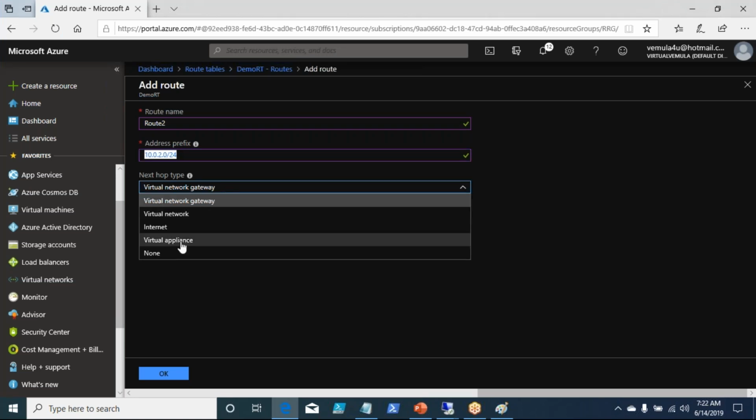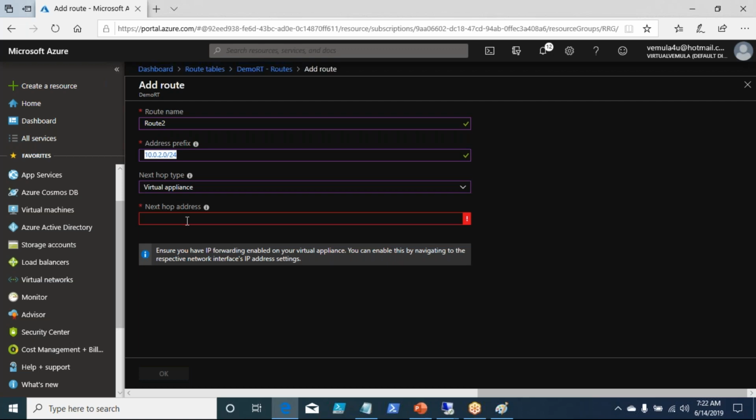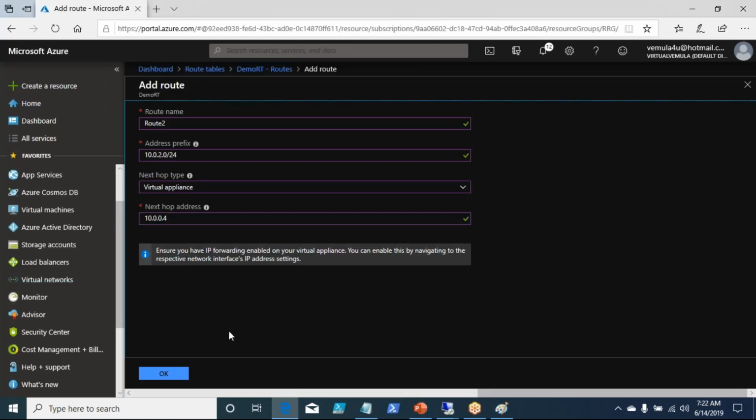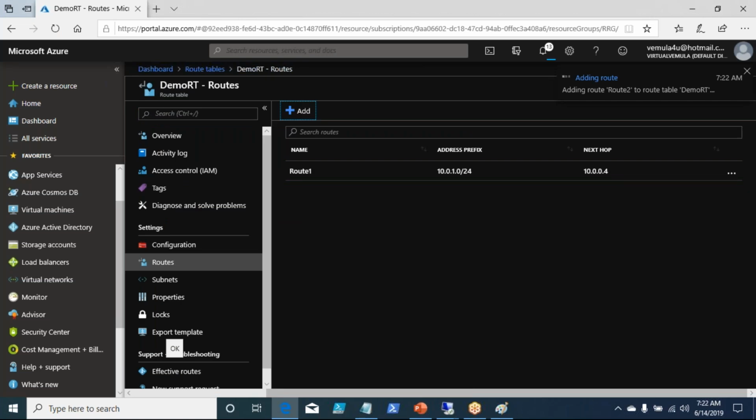Now again, this traffic should also go through some appliance, and that appliance IP address is 10.0.0.4, which is nothing but your firewall or router appliance. We call it a router because we are configuring it as a router. It can be any other device also. It can be a firewall, or a device capturing or reading the traffic, whatever.